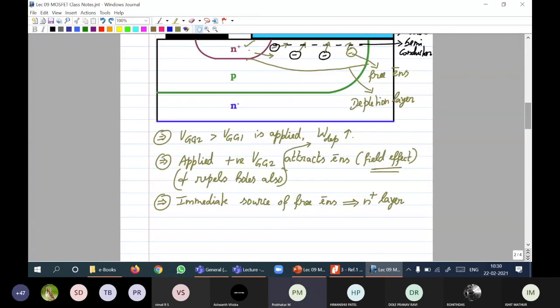Attracts electrons. The free electrons will move closer to the layer which is